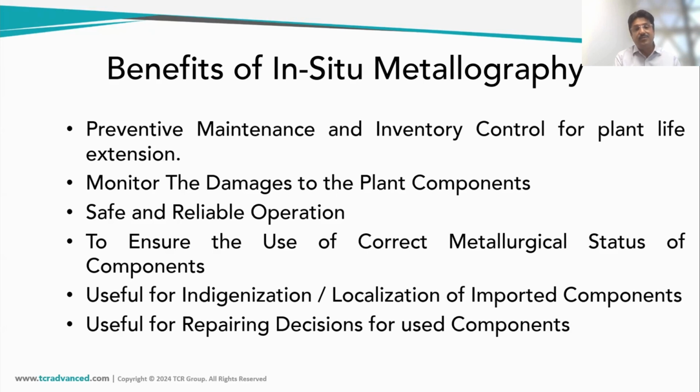And I can share n number of examples where very costly Hastelloy materials, costly nickel-based materials, stainless steel materials, high temperature components, they were received and failure occurred. So we could identify even in inventory what will be the suitable components to put inside, rather than the wrong heat treatment components were identified. So this is something people can utilize to reduce the downtime and especially prevent the failures by putting the right component